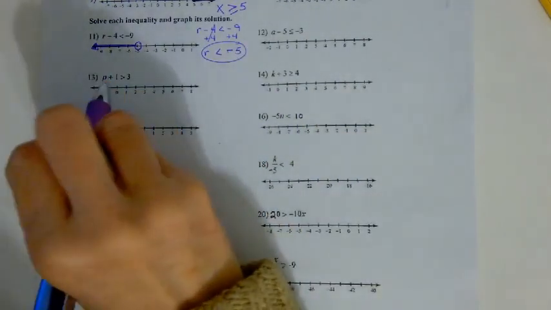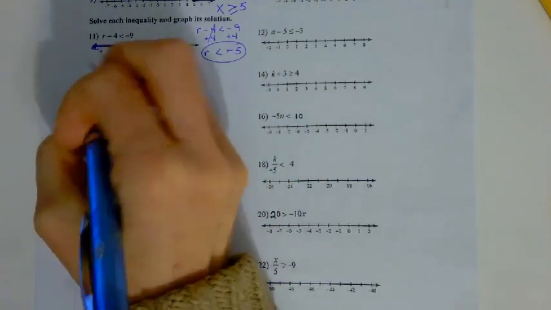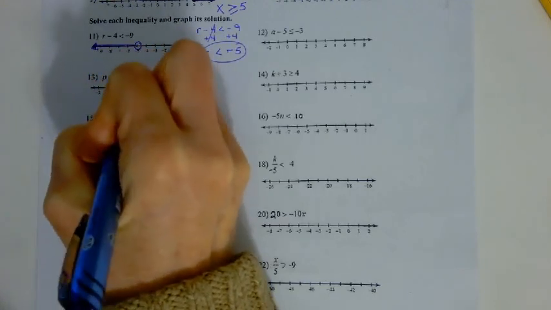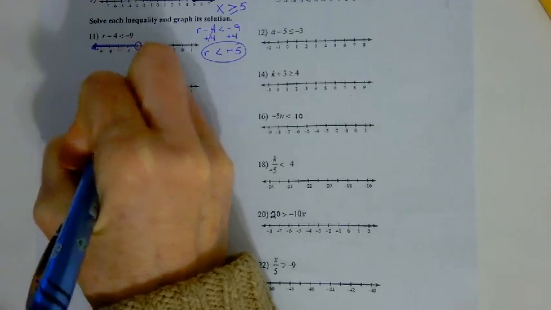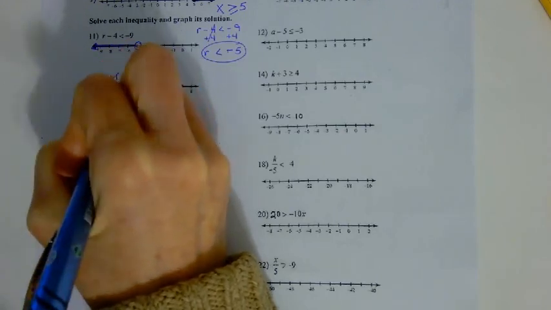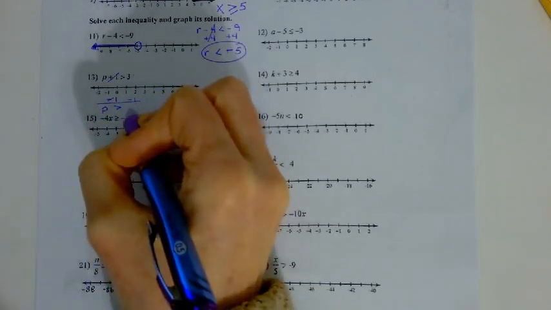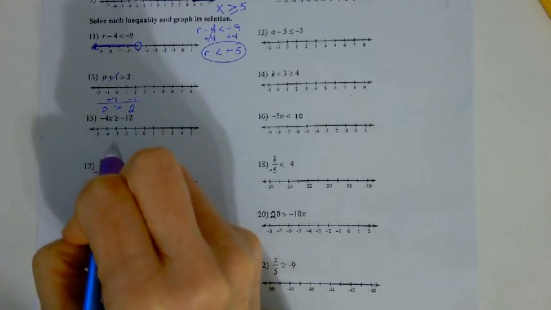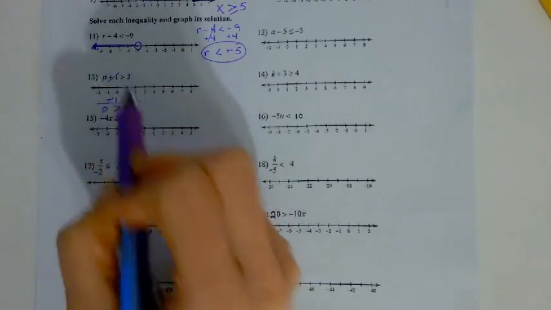So now we have p plus 1 is greater than 3. Well, this is a plus 1, so we're going to subtract 1. Let me see if I can do it over here. Subtract the 1, that's going to cancel it. And subtract the 1 on the other side. So we get p is greater than 3 minus 1 is 2. Yeah, it's a little awkward. There's not a lot of room to work with these. All right, so I subtracted 1 from this side and subtracted 1 from this side, so we get p is